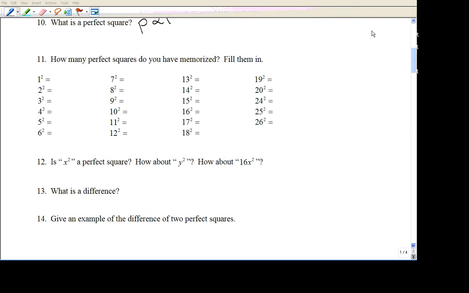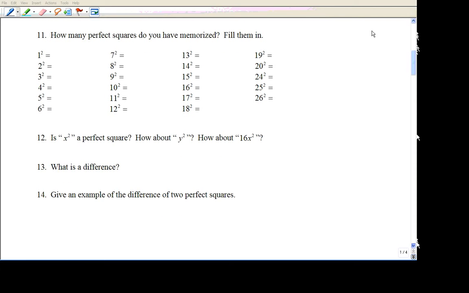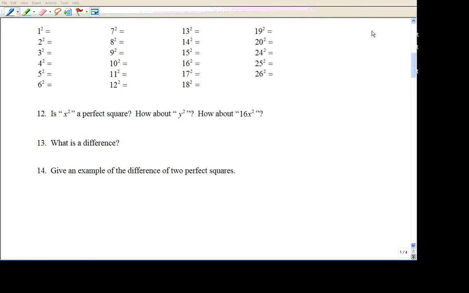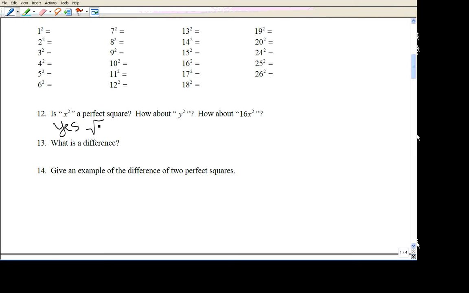So let's take a look. Is x squared a perfect square? Or y squared? Or 16x squared? Well, if the definition is where a positive square root is a whole number, or in other words, when you take the square root, you get a pretty answer. Well, then x squared is a perfect square because the square root of x squared is just x. So yes, the square root of x squared is x, so that looks nice. The same thing for y squared. The square root of y squared is just y. And the square root of 16x squared,